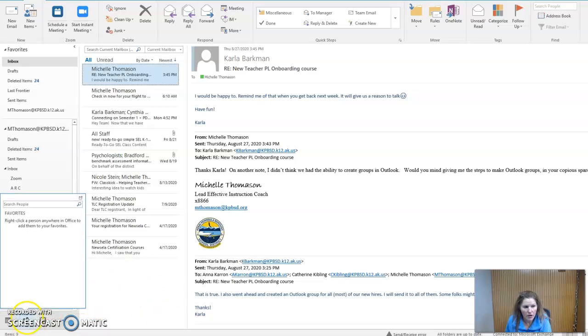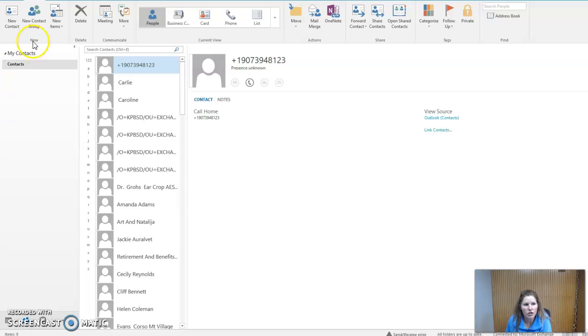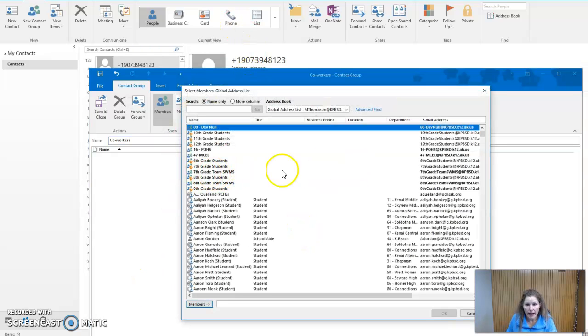tab. When you click into this People tab, you're going to get a whole new menu that allows you to create a new contact group. And then you get this window right here, and you would give it a name. So I'm just going to say co-workers, let's just say. And then I'm going to add members and from the address book, and then I would